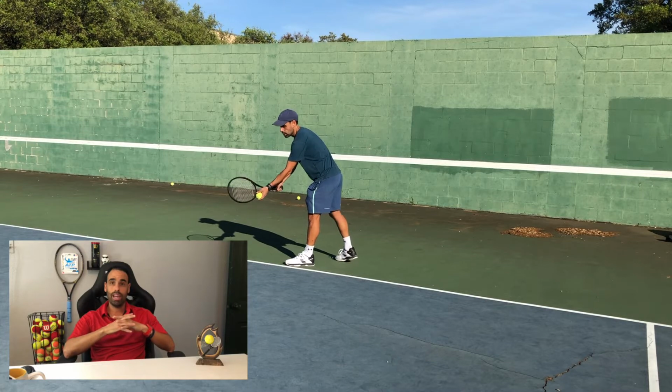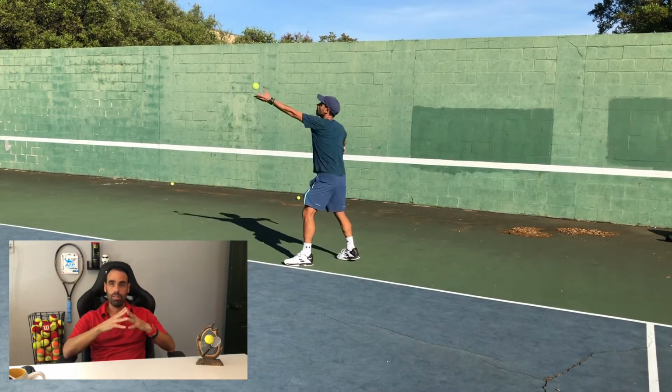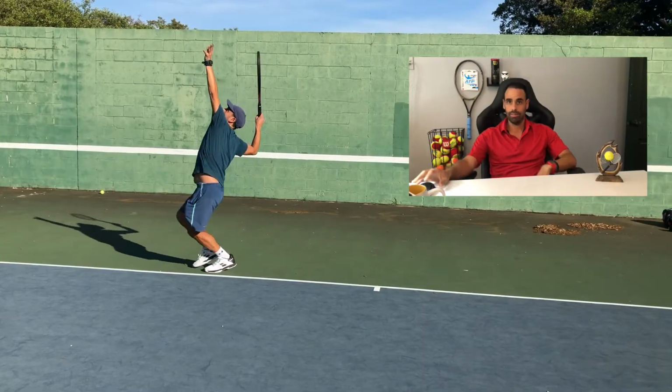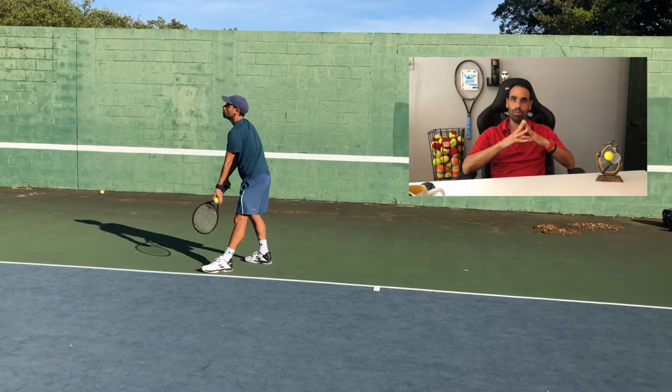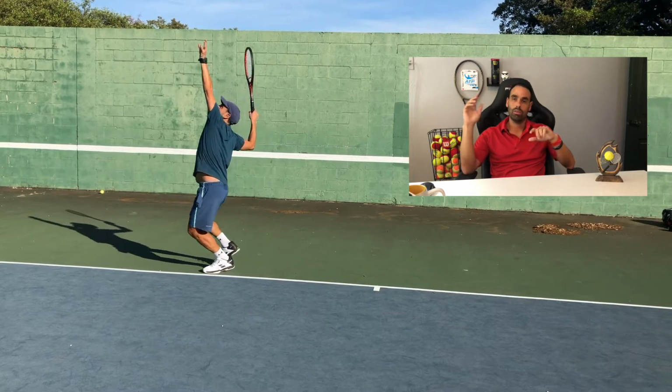Now when I do the advanced serve, you will see that my feet are always placed the same, whether I'm doing a deuce side or ad side. This has to do with the serve being more of a sideways motion to generate a lot of power with a throwing motion. Think about a quarterback. Most likely when a quarterback throws the football, he gets in a sideways position, again, to generate more speed and